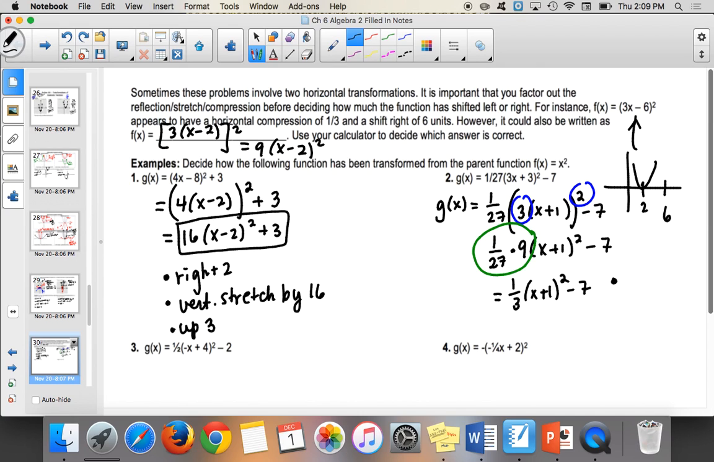So we're going to go to the left 1, horizontal, not horizontal. What am I doing? What else? Vertical what? Bonus question. Vertical, what did we say? Vertical stretch? Compression